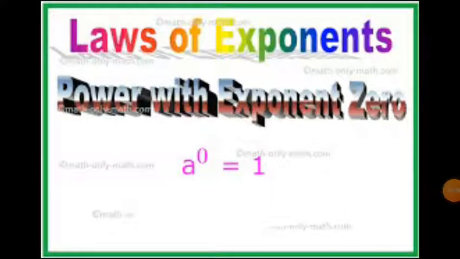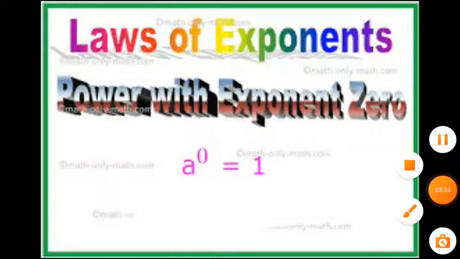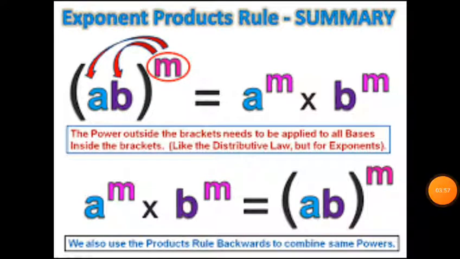Then it is very important: if any number has the power 0, that is equal to 1. However big a number is given inside the bracket, if its power is 0, that is equal to 1. Okay, a power m plus b power m into any number, whole power 0, is equal to 1. Any number that has the power 0 is equal to 1. Okay, do you understand? This is additionally given in your book, page number 42. So it is additional exponents.